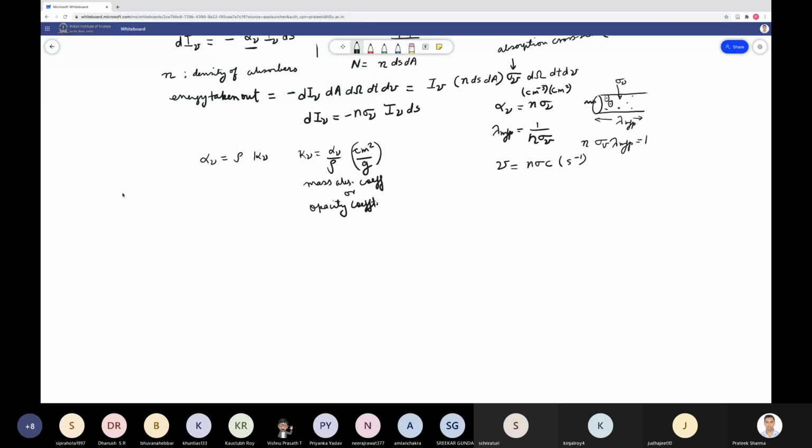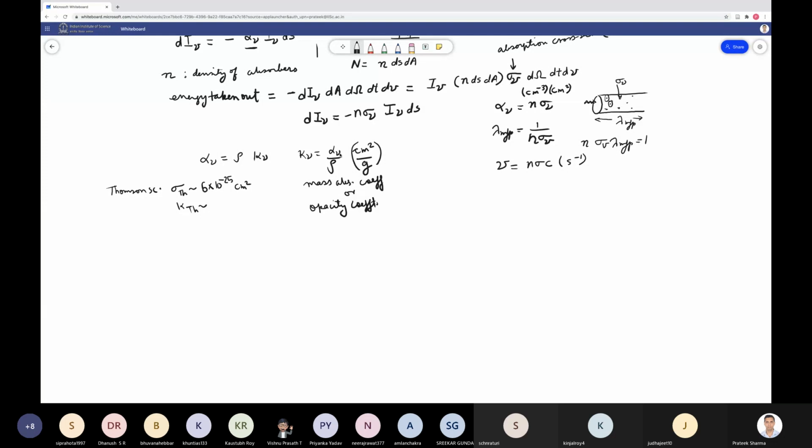Right. Let me give you some sense of what the typical values are. For example, for Thomson scattering, I mean, this is scattering that I'm talking about, not absorption. There is a difference between scattering and absorption, but we know that the cross section for Thomson scattering is 6 times 10 to the minus 25 centimeter squared. So kappa due to Thomson scattering is